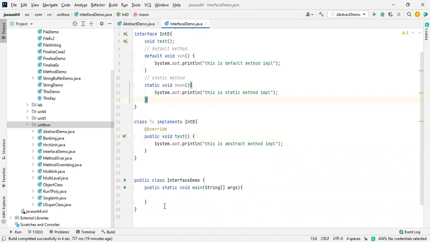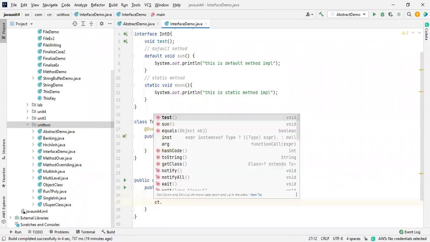We already know that we have to create an object for the class. Let me do that. TC, and I will mention the name as CT is equal to new TC. If I want to call this method, no need to worry. There should be a reference, and by using the reference dot test.